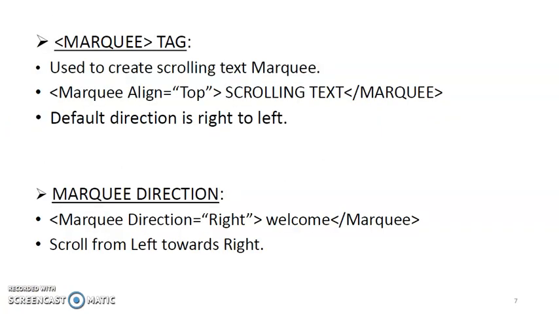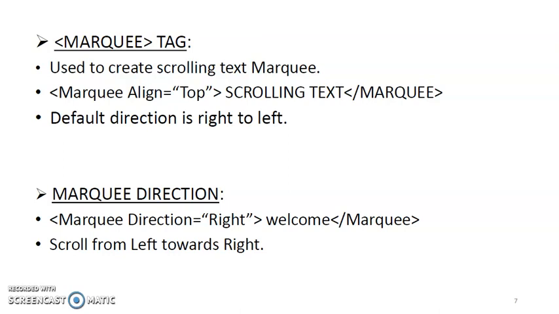Okay, now see your next tag is your marquee tag. What is the meaning of marquee? It is used to scroll the image or scroll the text. Okay, now suppose you visit your college website or university website, then some of the text which is highlighted and moving from left to right or bottom to left, or scrolling in between your page, that scrolling text is nothing but your marquee.